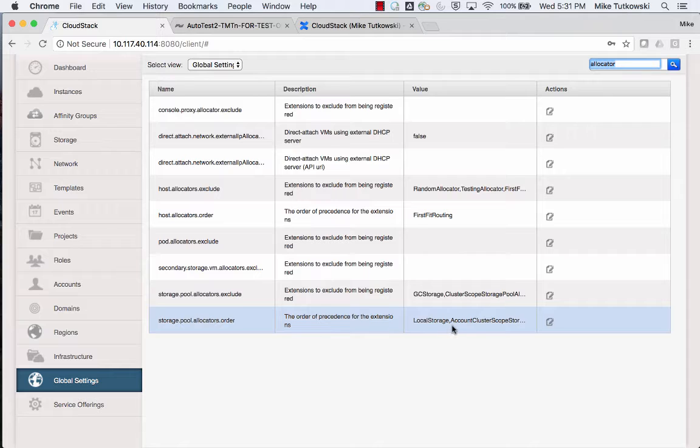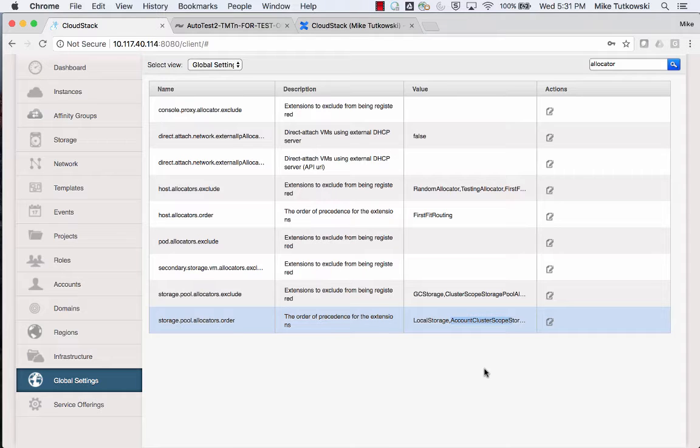We can see here, I'll highlight it, this second one, and we don't see the full word, but it says account cluster scope storage allocator. That is my custom storage allocator, and I replaced the default cluster scope storage pool allocator with the one that I've highlighted here, account cluster scope